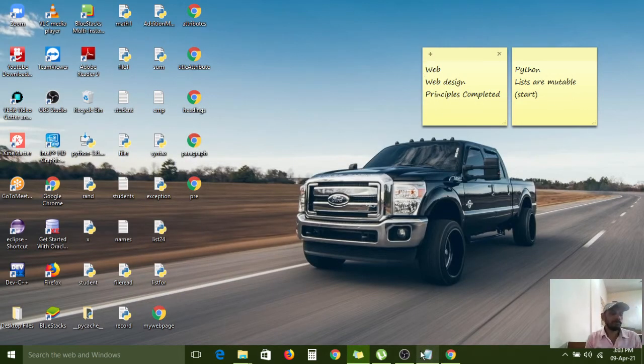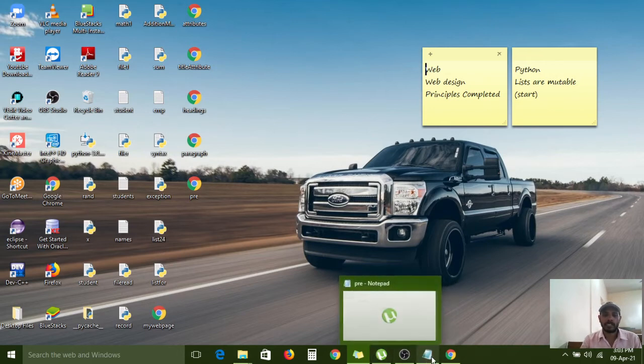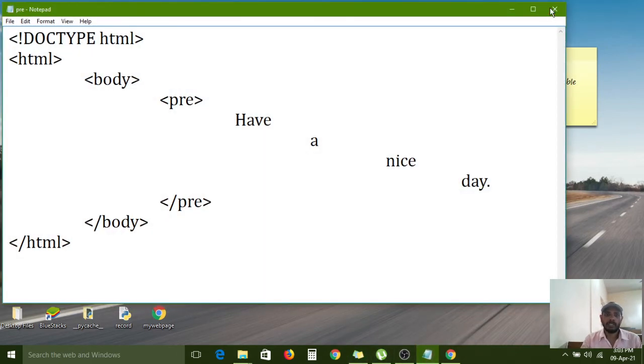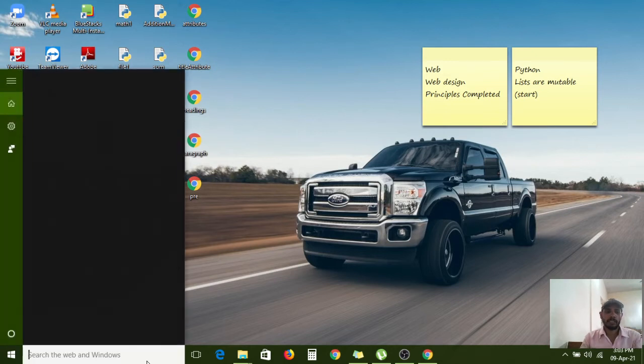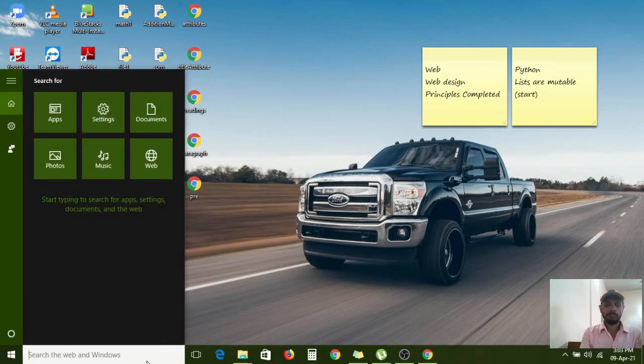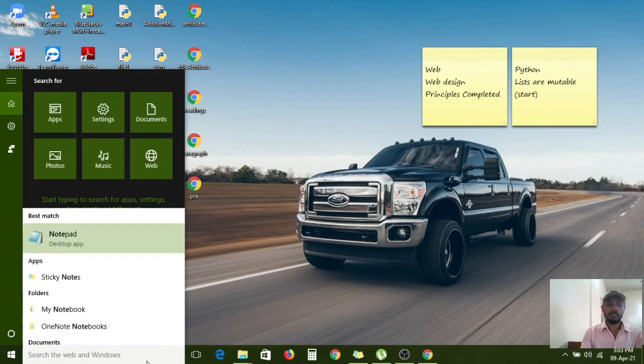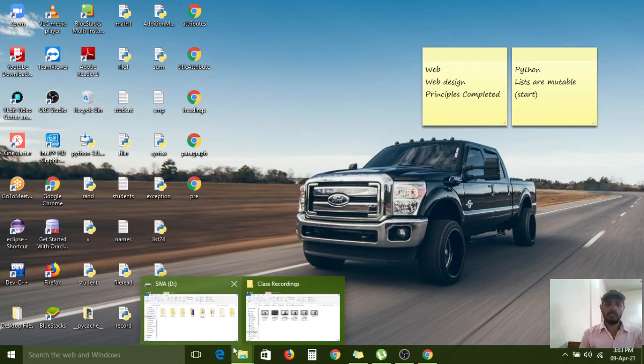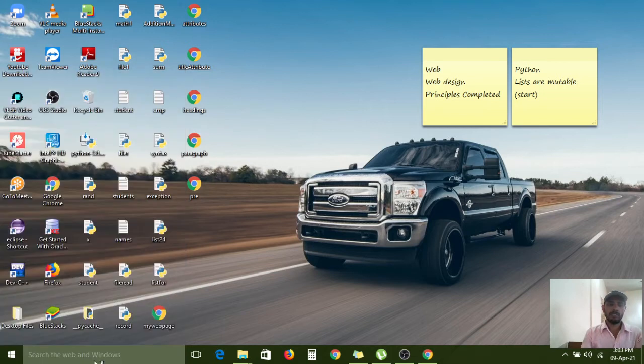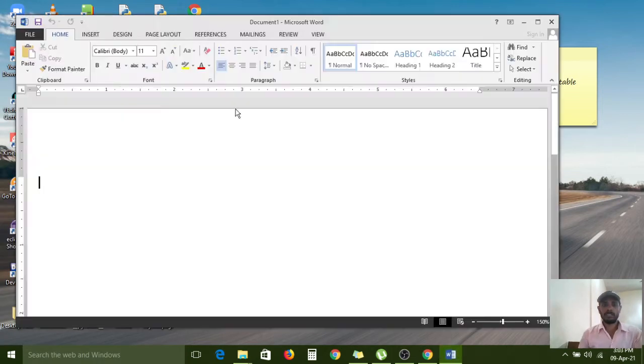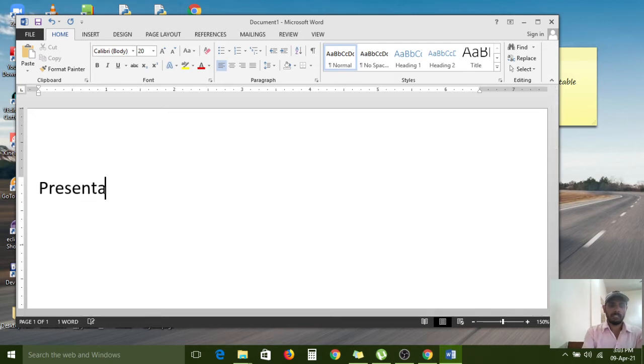Next, presentational elements. Text presentation. Presentational elements or text formatting elements.